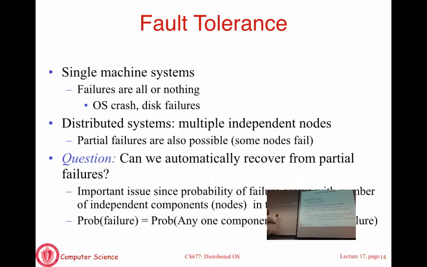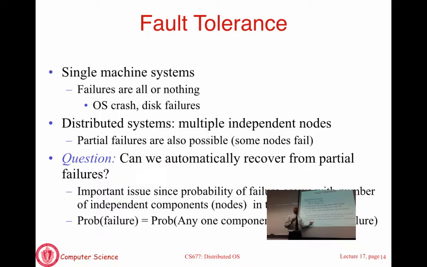Let's say you have n nodes in your system. As n is going to grow, which means n goes to infinity, but let's say you have 100 machines, 1,000 machines, or 10,000 machines. As this n keeps growing, the probability that there's at least one failed machine starts approaching 1. And this simply comes from a very simple observation.